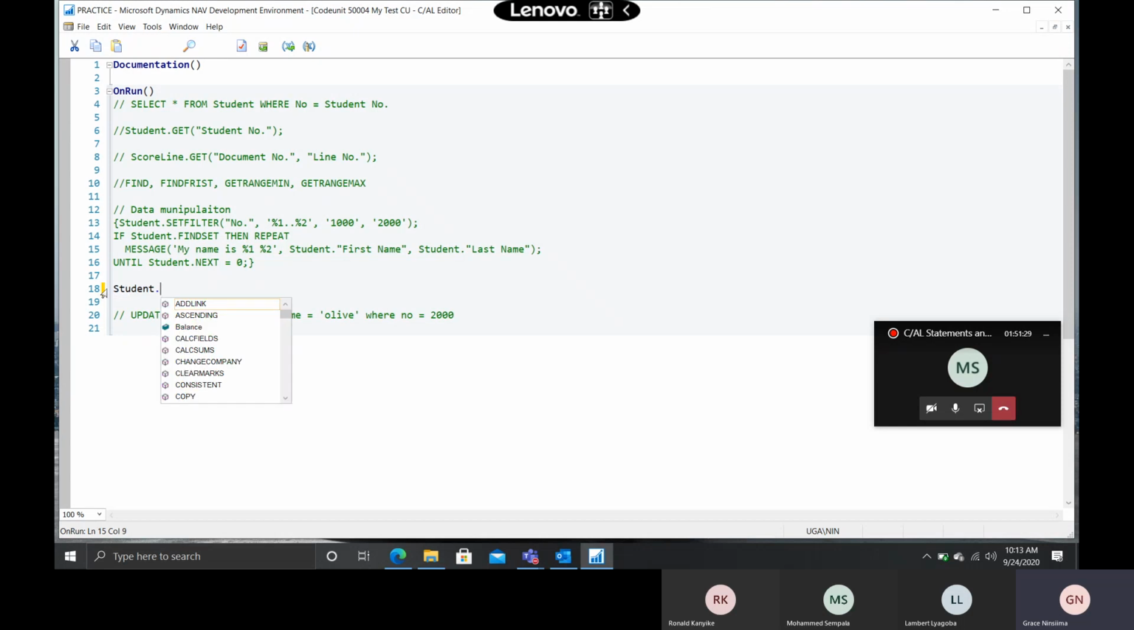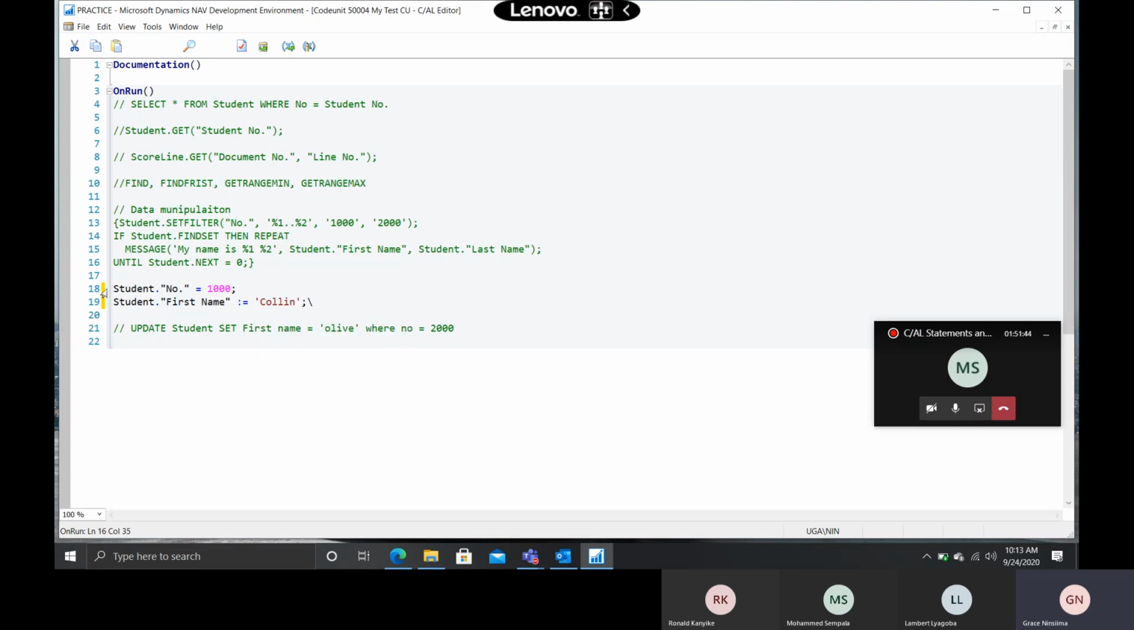A student dot number. Do you have a number of 10,000? Then I say student dot first name is equal to, student dot last name is equal to, 2. Now, is it like that? Then student dot modify. Modify will not work